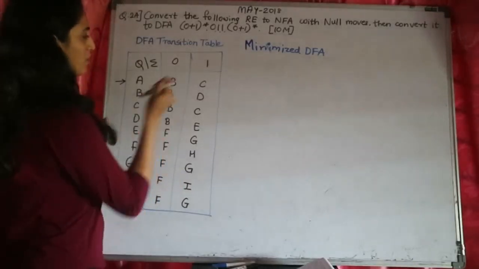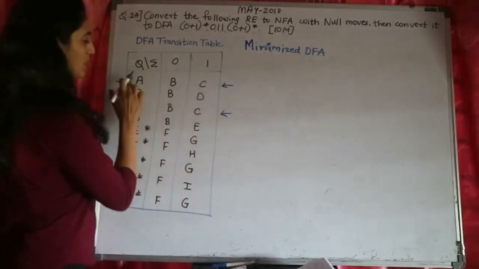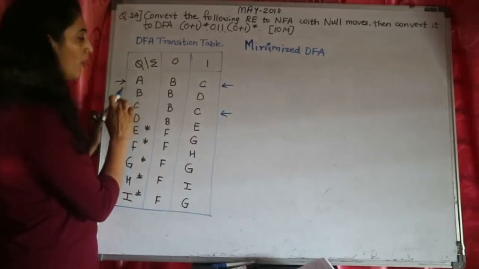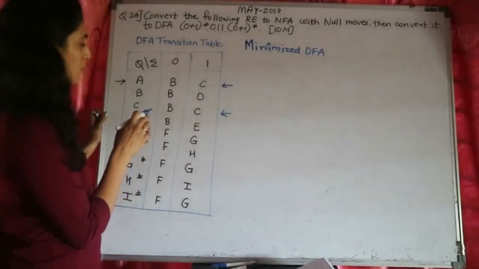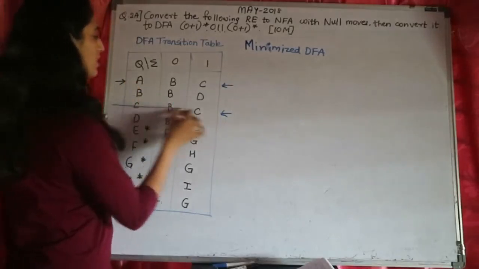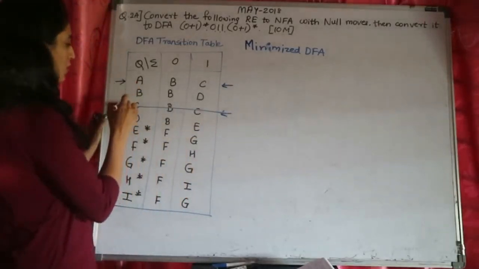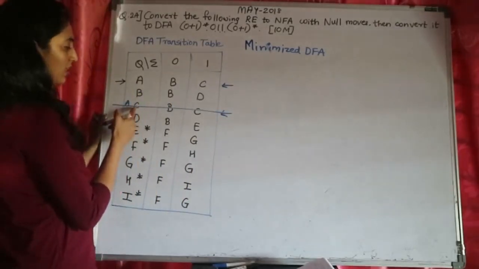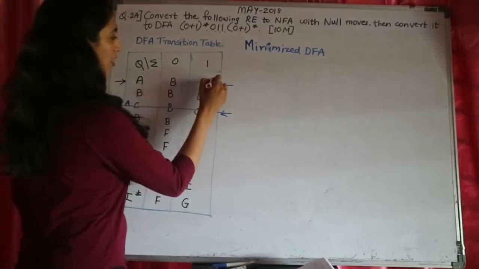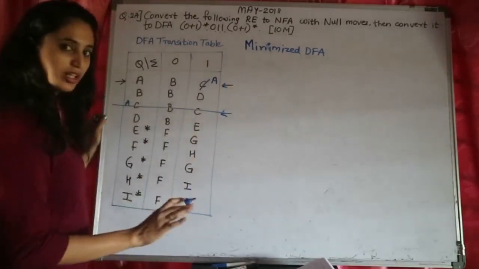As we see, this B and C is same as this B and C. So I can say state A and state C are acting same, so one of them can be cancelled out. So we are cancelling out state C. If I cancel out state C, I am replacing C with A. So I should be writing replacing C with A. Here I have C, I'll replace it with A. Anywhere else do I have C? No, then it is done.